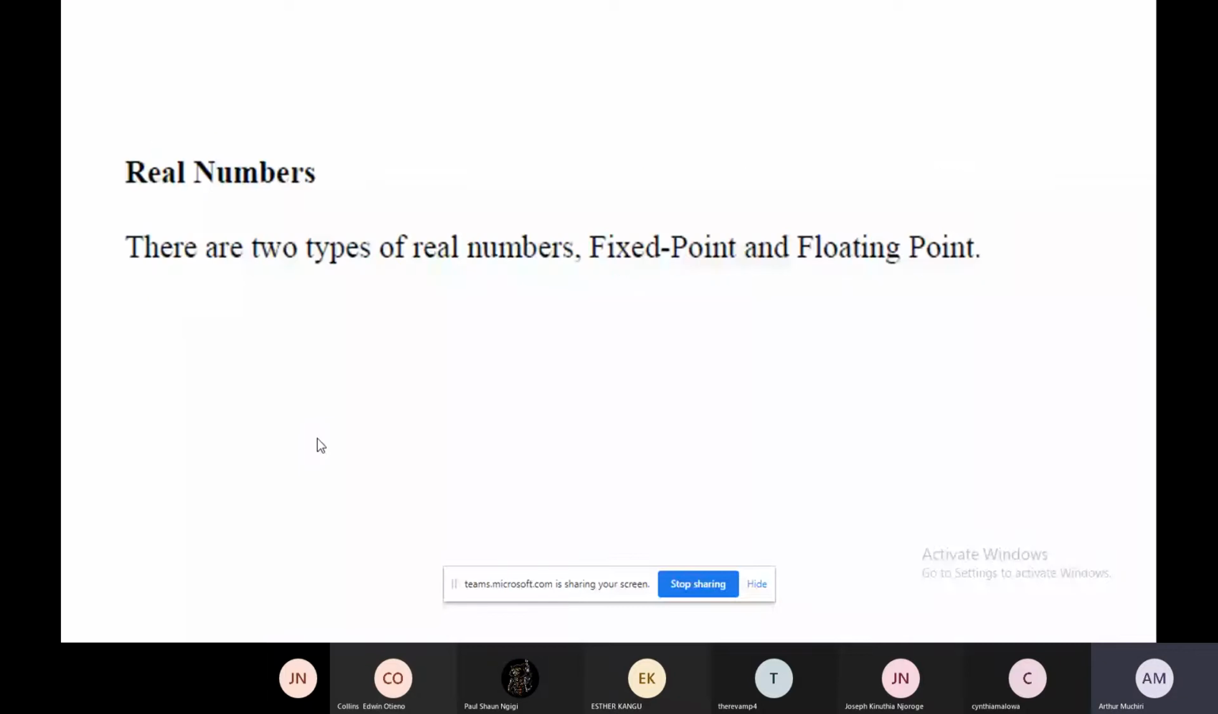Then also we have this one. You'll find this one in Pascal, I think. The real numbers is also a data type. When you find these real numbers or real number data type, there are two types of real numbers. One is a fixed point, and the other one,